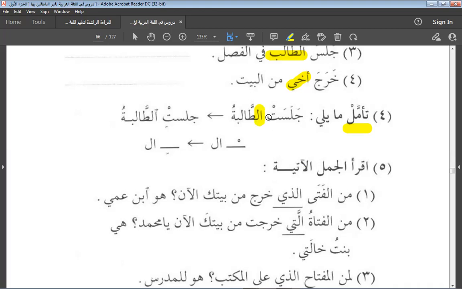So you have to end the verb with a tau sukun, and the word after it also has alif and lam. And you know the alif and lam comes with a sukun. The alif there is a sukun. So if you want to read it together, you have to say jalasati talibatu. Jalasati at-talibatu. You have to turn it to kasra. Though the actual vowel is sukun, but due to recitation, the way you want to read it together, you have to say jalasati talibatu. Jalasati talibatu.